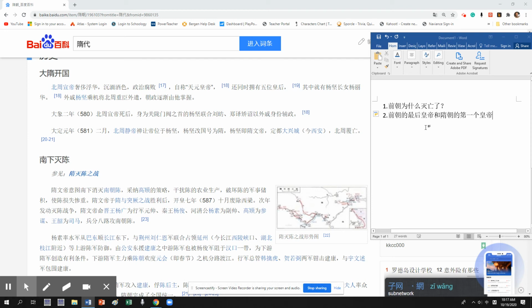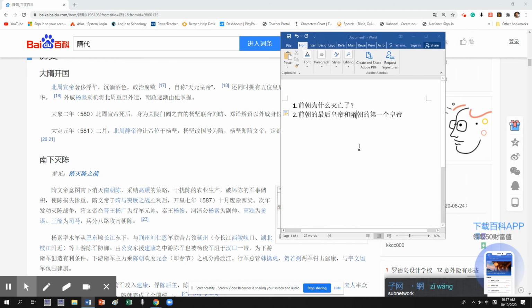And use this as an opportunity to push your language, steal words and phrases from the document to put into your question, okay? Because the point of this is not just to learn about the dynasty, but to improve your Mandarin and to get exposure to some new 书面语, higher level Mandarin, and also ways to talk about dynasties themselves.